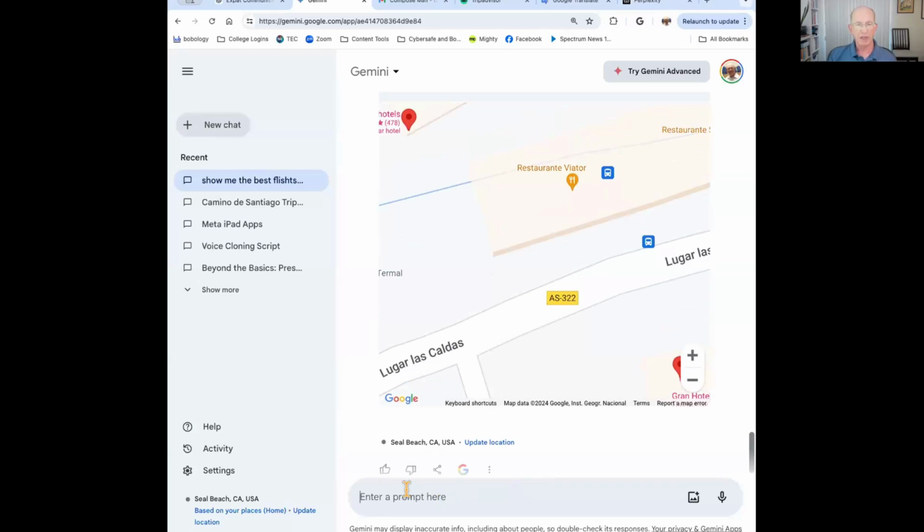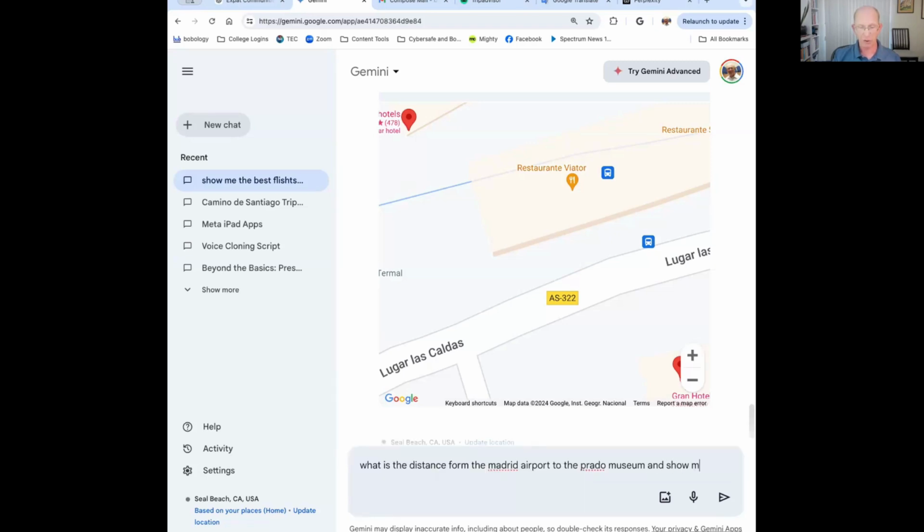So if I want to get a route, okay, so what is the distance from the Madrid airport to the Prado Museum? And show me on a map.